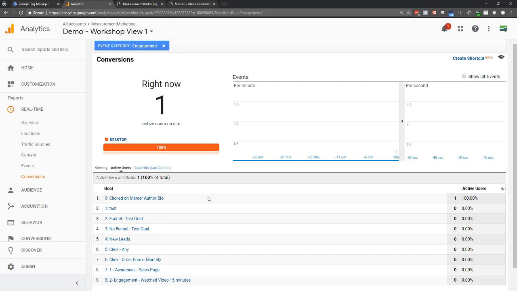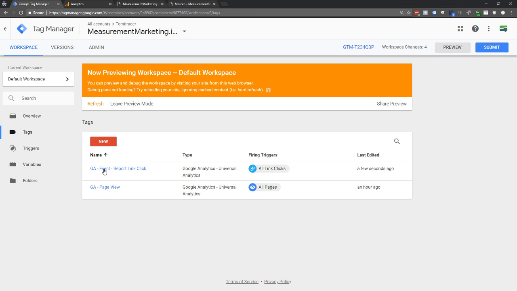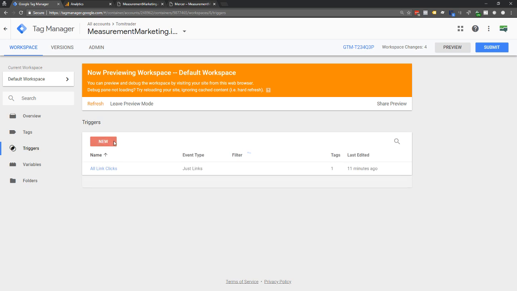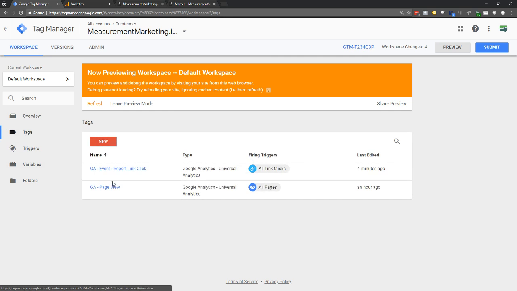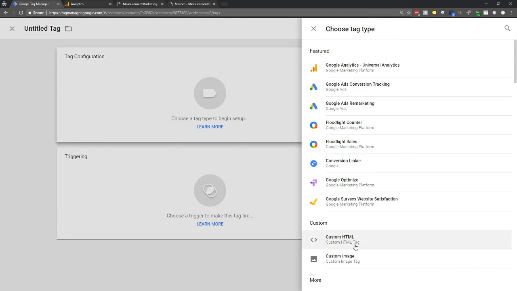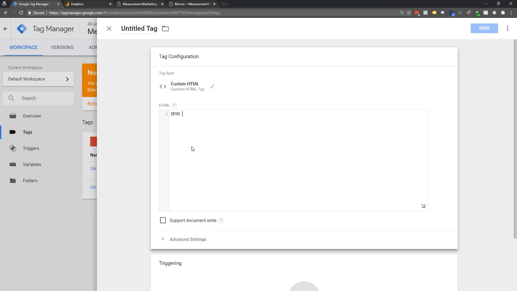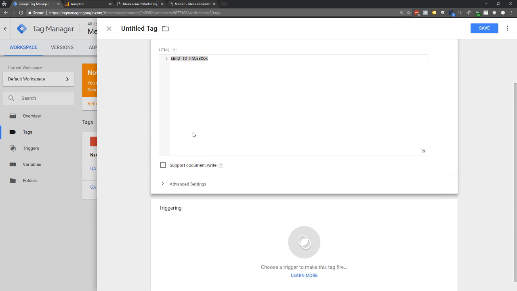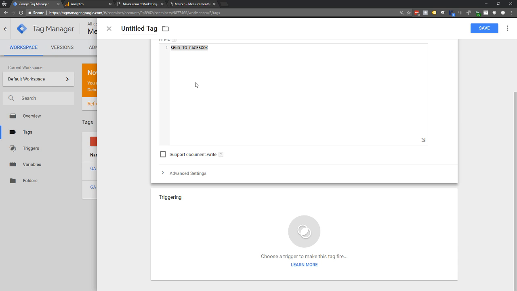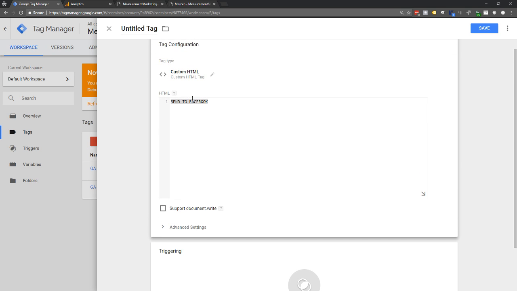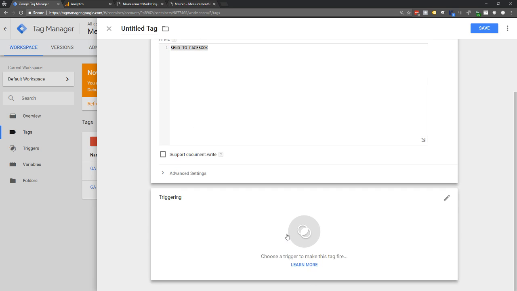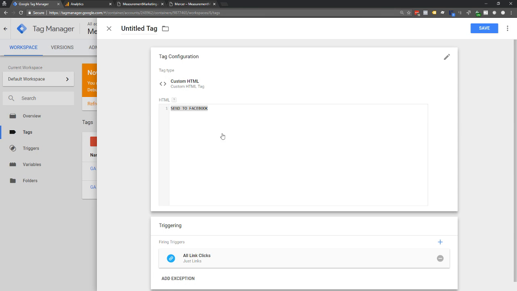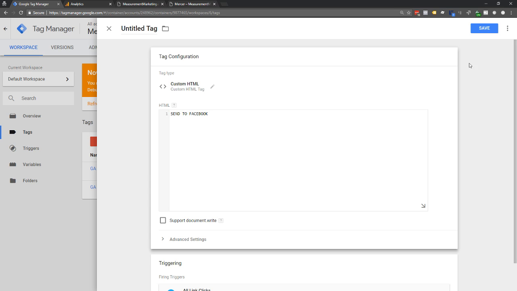And remember, it's not just analytics. You can use the exact same mechanism of this link click trigger that we created to automatically say, whenever somebody clicks on a link, do this. Well, the this part is the tag. And in this case, I'm saying just send it to Google Analytics, but I could create another tag and say, I also want you to send to Facebook. I'm not actually going to do this because we don't have Facebook Pixel on this demo site, but send whatever the event is to Facebook, and those of you who are using Facebook will know how to do that. If not, we have workshops on that, so make sure you check out how to set up Facebook using Tag Manager, and then we'll go to triggers and say, and do it on all link click, and then send whatever the data that you want to Facebook is.